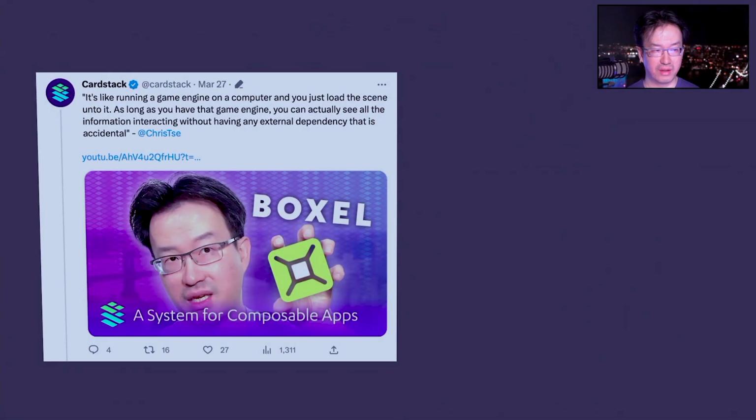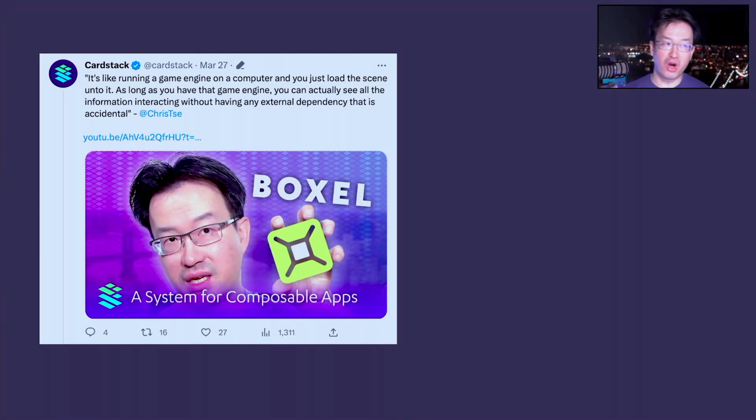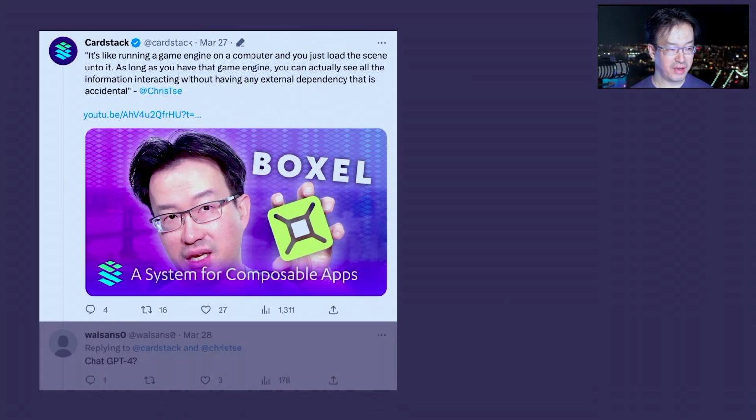So that's basically what we're working on. We were talking in a blog post about the previous talk, about how the Boxel runtime is like a game engine that allows you to load these Boxel into it. As long as you have this game running, you have these objects, almost like things you can download or buy. Some of them are free, some of them are built-in, some of them are custom, and then you can just have it play. You don't have to boot up a different application or go to a different URL just to use a different Boxel. Once you have the Boxel runtime, that game engine, that environment, everything runs on top.